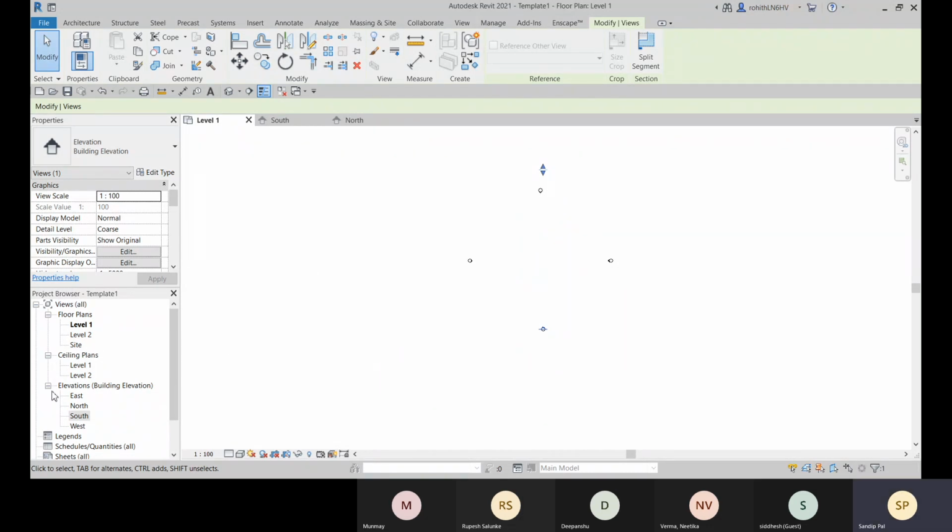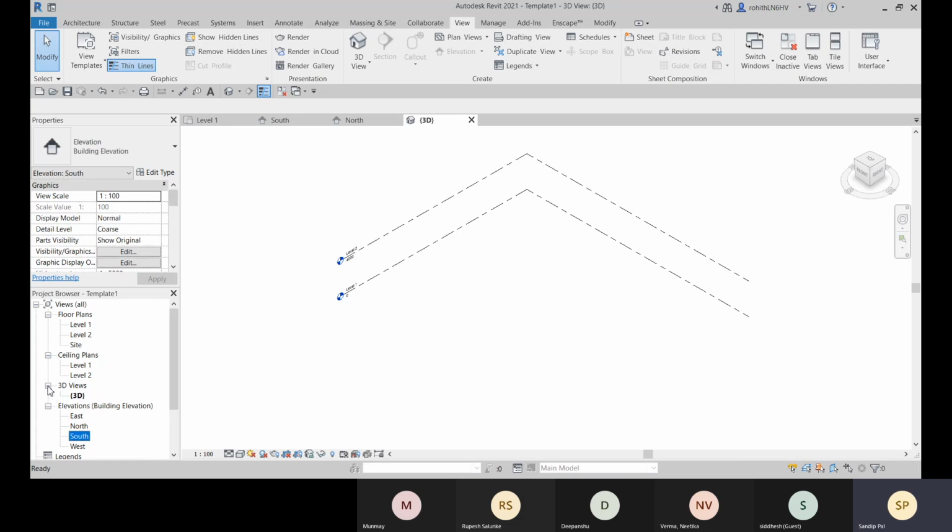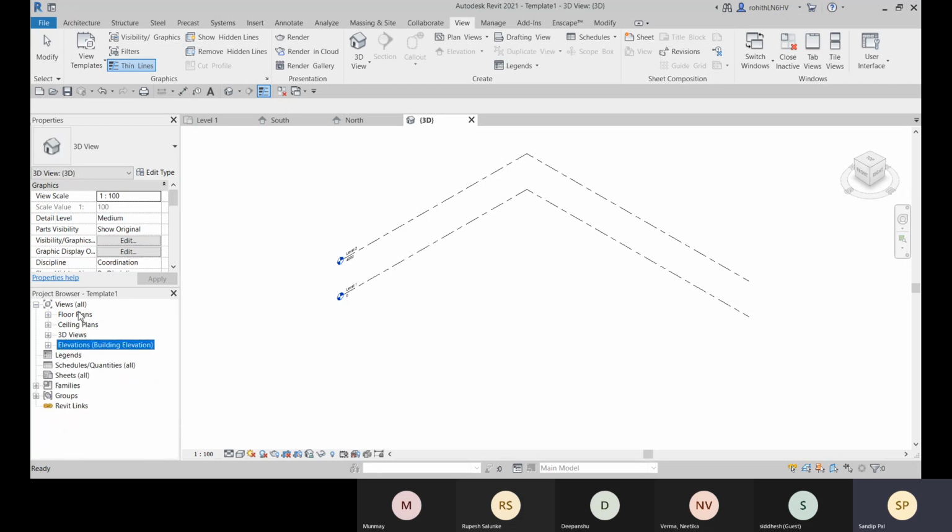All right. Now you can see that everything I create, all the views that I create, I can go with the 3D also. So everything that I create is included within this project browser, right? So these are right now sorted as per the view. Here you can see the floor plans, ceiling plans, 3D views, elevations. All the views are sorted as per the view name or the view category. So we can organize our project browser. That is what is needed, and that will help you to organize all the views.